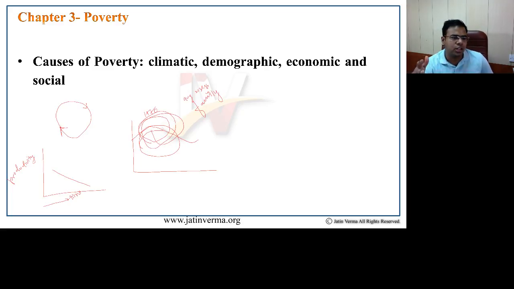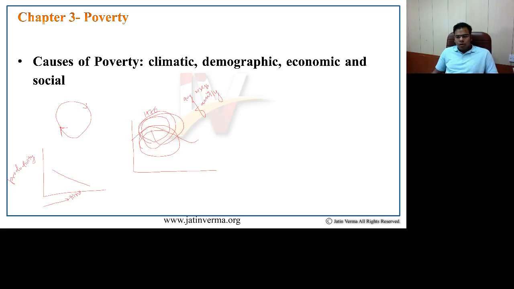Another of the social causes that I could talk about is increasing indebtedness. When we talk about increasing indebtedness, the poverty cycle becomes more pronounced. A person's debt is usually passed over through generation after generation. When a person takes too much debt and is unable to repay it, it tends to pass on to the next generation.